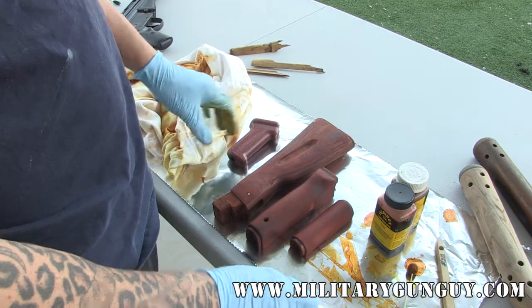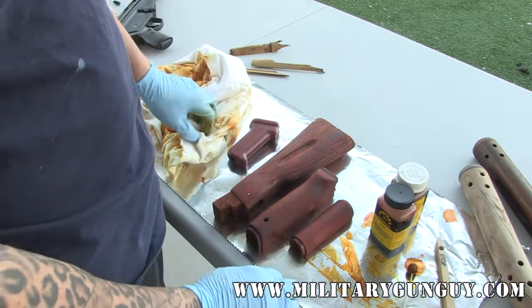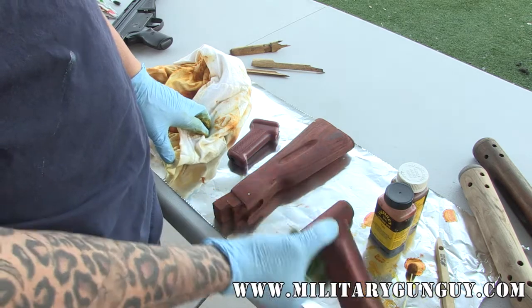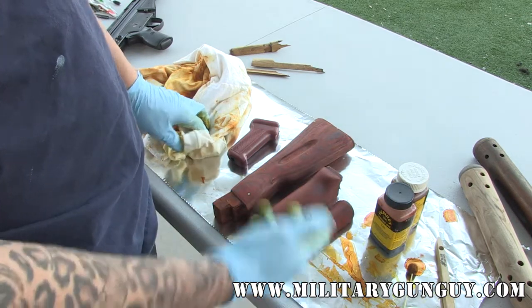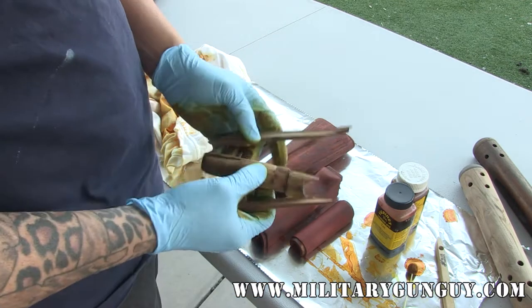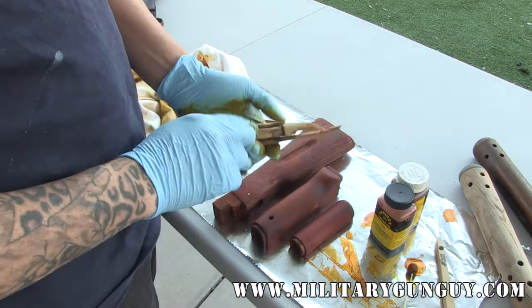I want to pimp this out just a little bit, so it looks really nice and rich and kind of elegant on the AK rifle once I sell this. And then we'll start working on this horrible thing, probably tomorrow once you have a little bit better light,